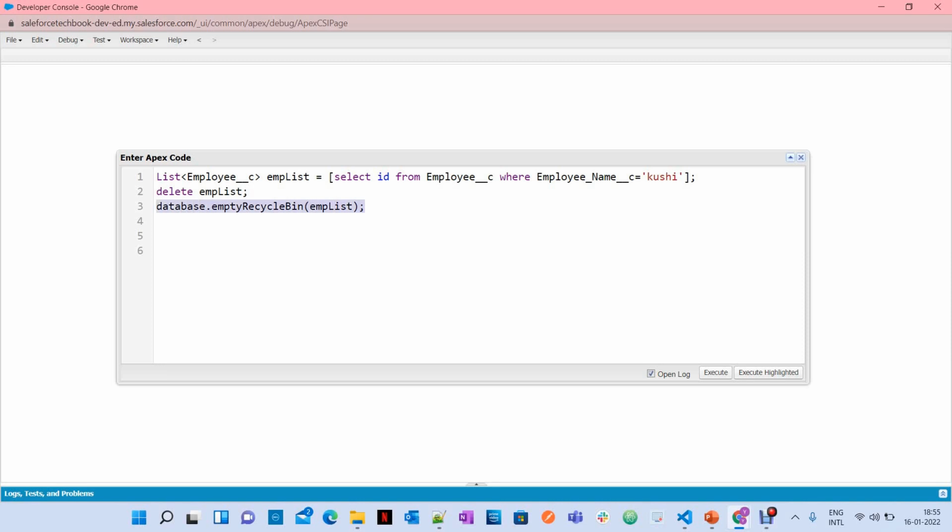Then it is going to delete from your database table and it is going to empty from your recycle bin also. That means it is going to delete your record permanently from Salesforce when you use delete and the emptyRecycleBin method. Okay, let's do this.